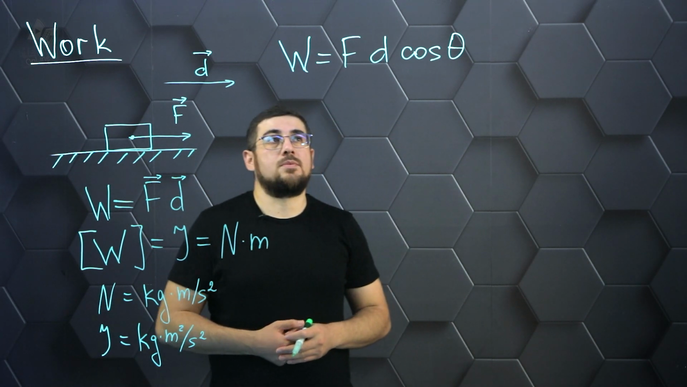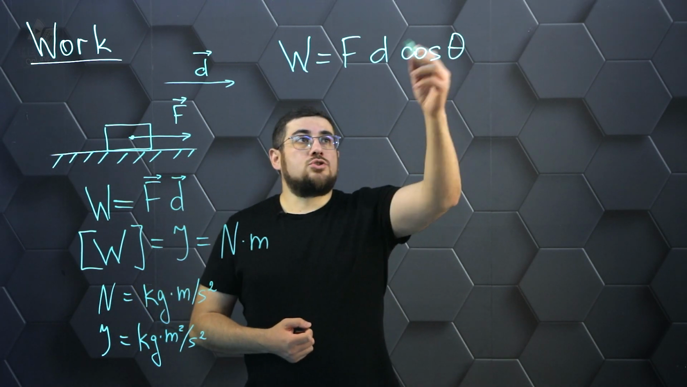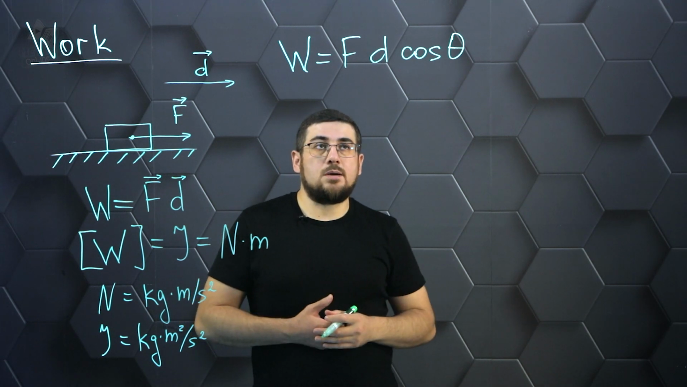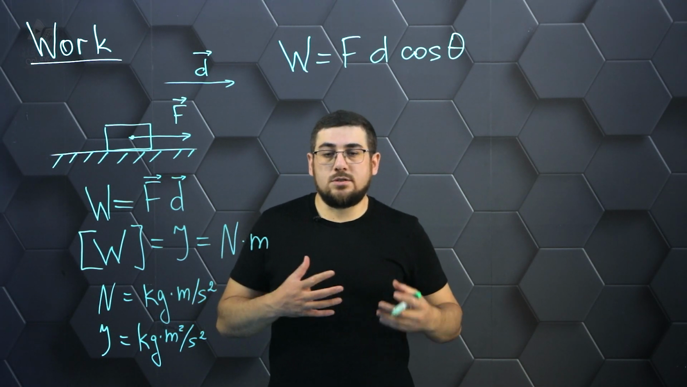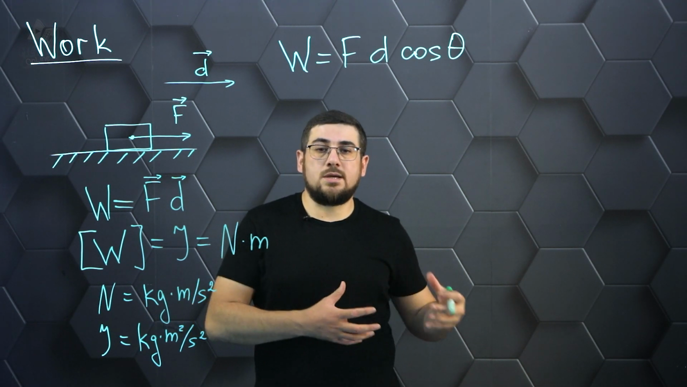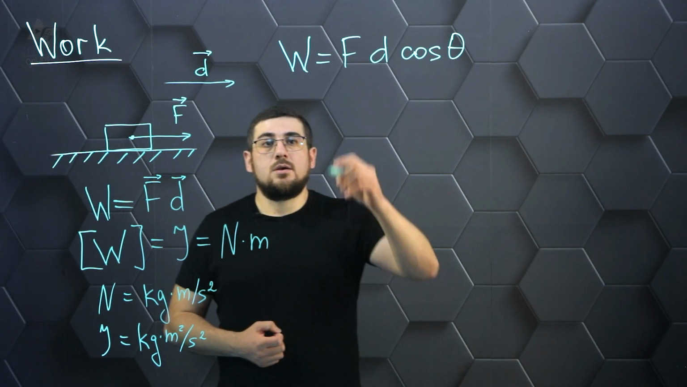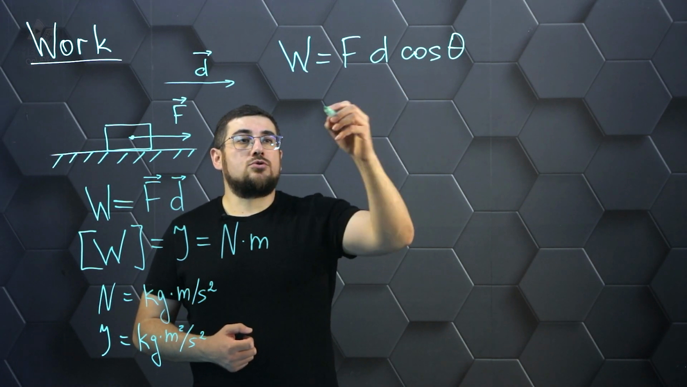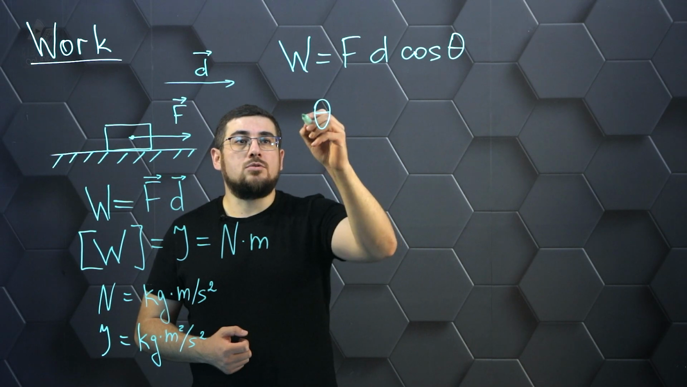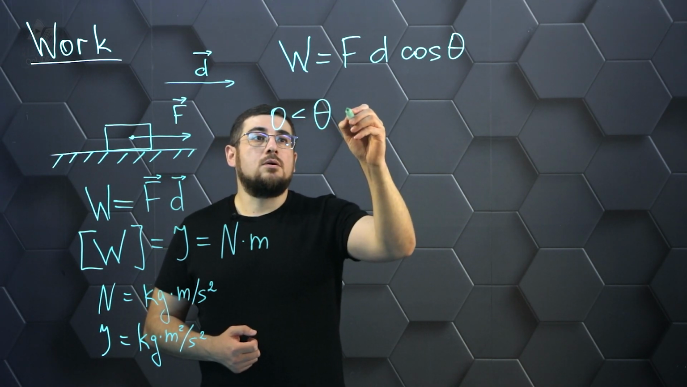two vectors. And to begin with, let's remember once again that the cosine of an angle can have different values. And depending on the angle, we can change the value of the corresponding work. So if we consider the case where the angle is greater than or equal to 0 but less than 90 degrees,